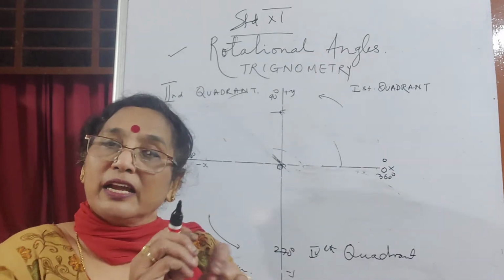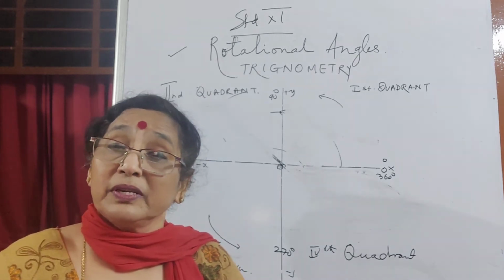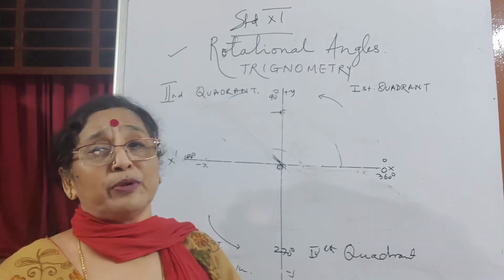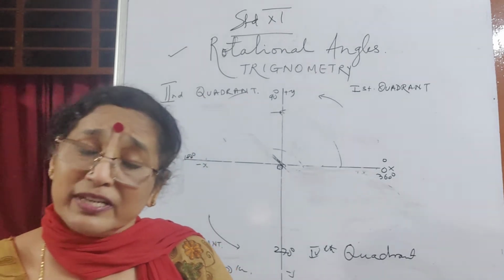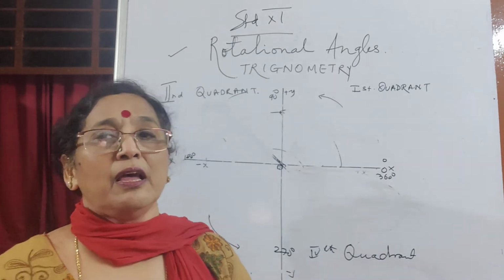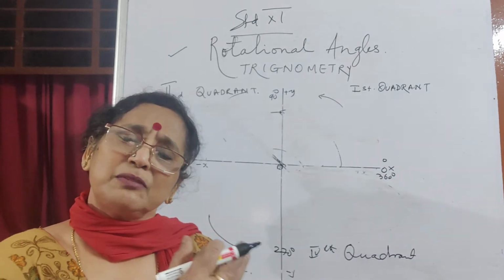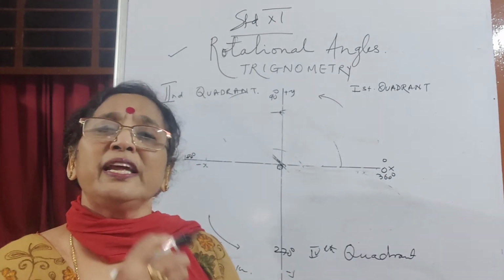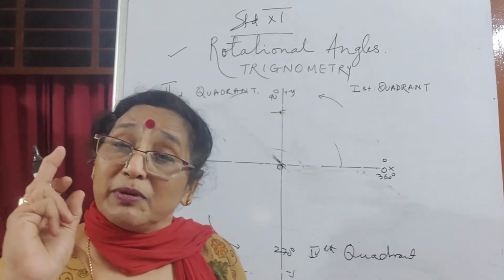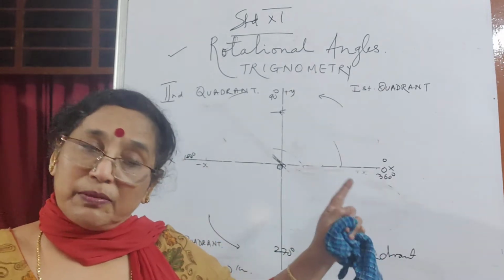I'll come to that. Pi is synonymous with 180 degrees. Pi's value, all know, is approximately, not exactly, 22 by 7, and pi is an irrational number. 22 by 7 is the approximate value, and it is rational, but why do I say pi is irrational? It's a non-terminating decimal value, but approximately 22 by 7. It's not exactly 22 by 7, otherwise it would have been a rational number. We'll come to that.